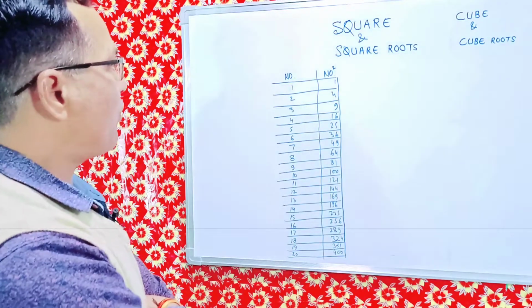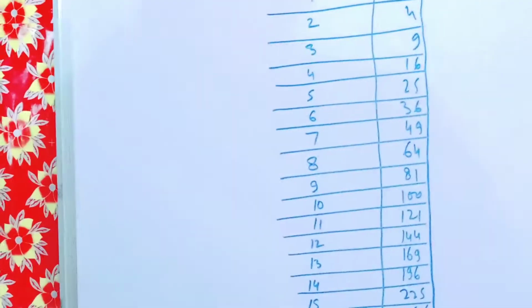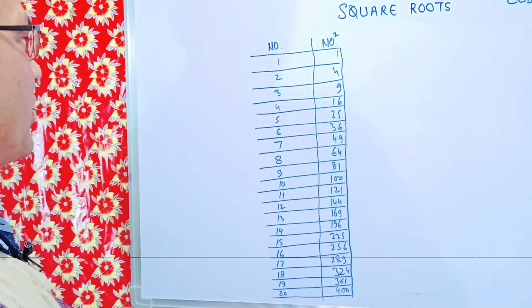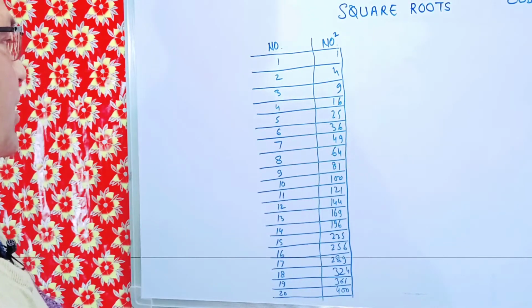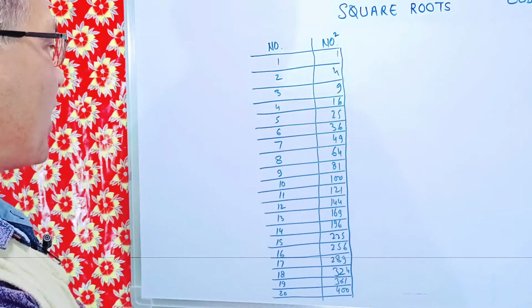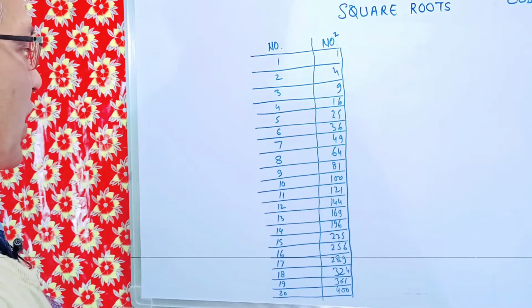So square of 1 is 1, square of 2 is 4, square of 3 is 9, square of 4 is 16, square of 5 is 25, square of 6 is 36, square of 7 is 49, square of 8 is 64, square of 9 is 81, square of 10 is 100, square of 11 is 121, square of 12 is